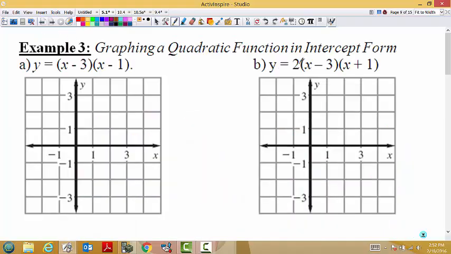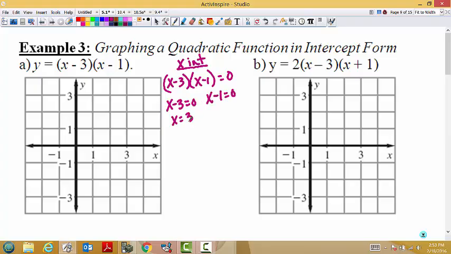Okay, now we're graphing it in intercept form. Intercept form is to find the x-intercepts. Remember, you set it equal to 0. And what you've got is two things being multiplied equal to 0. You can set them both separately equal to 0. I don't know if you remember that from last year. So x equals 3. How did I get that? Let me not skip any steps. How do you solve that? How do you get rid of minus 3? You add 3. So x equals 3. X equals 1. So 3